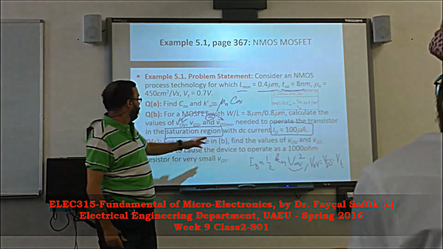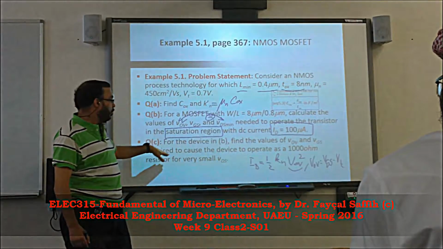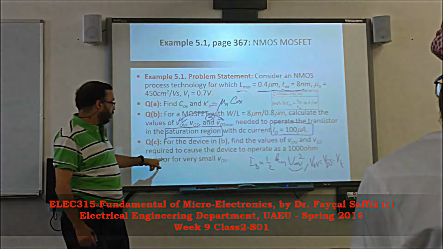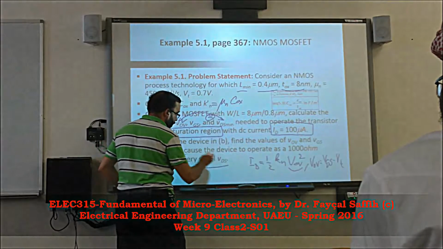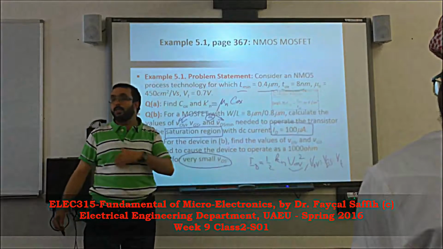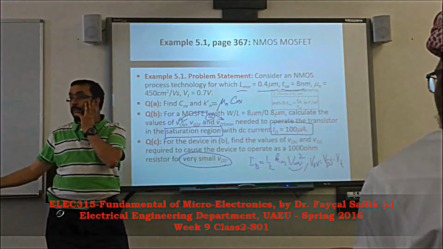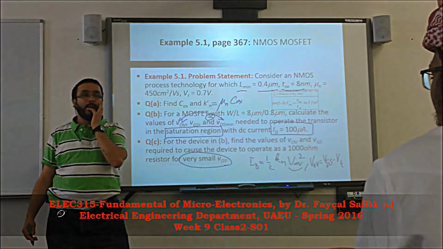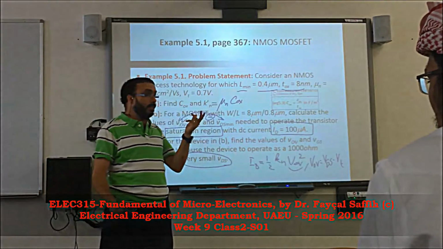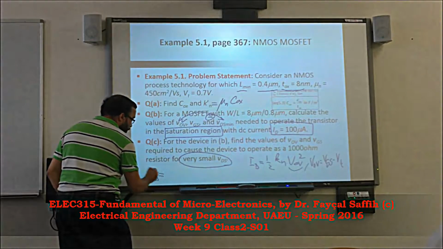For the device in B, which is this equation, find the values of overdrive VGS required to cause the device to operate as a 1,000 ohm resistor for very small VDS. Easy. If we are in very small VDS, which equation do we use, triode or saturation? Triode, because VDS is very small. Exactly. So in that case, we use this equation, ID is equal to